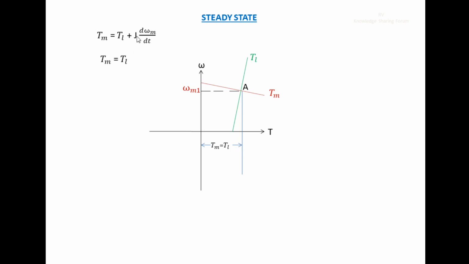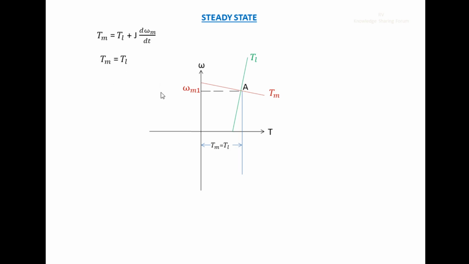In our discussion on dynamics of an electric drive, we discussed that motor torque is equal to load torque plus J into d omega m by dt. This is the torque due to the inertia. If we ignore this inertial torque, we get motor torque equal to load torque. This is the condition where we can operate an electric drive in a steady state. So if we want to operate an electric drive in a steady state, the motor torque should be equal to